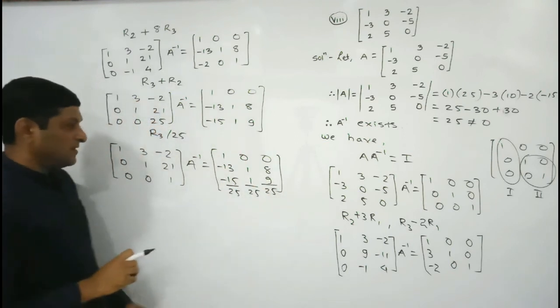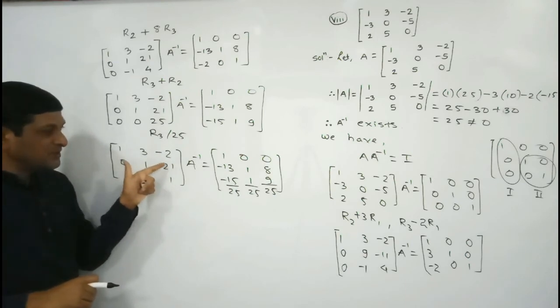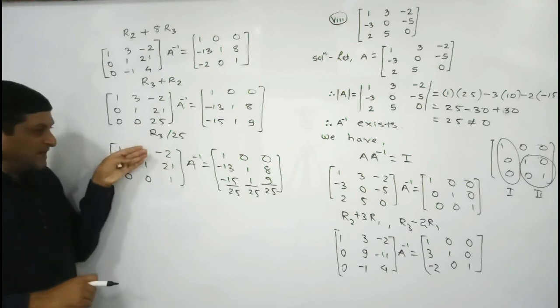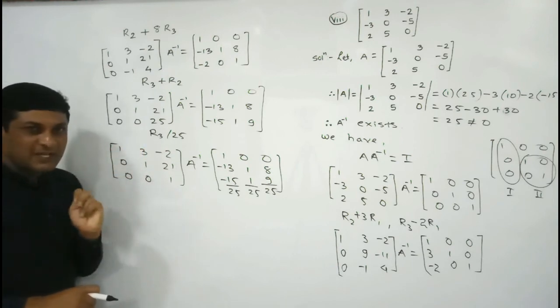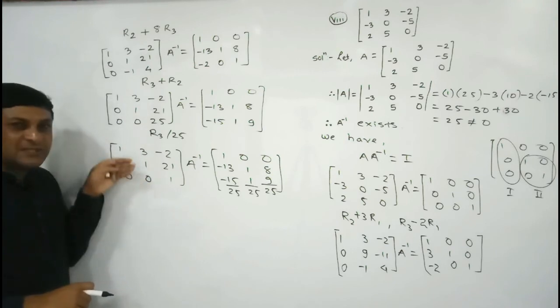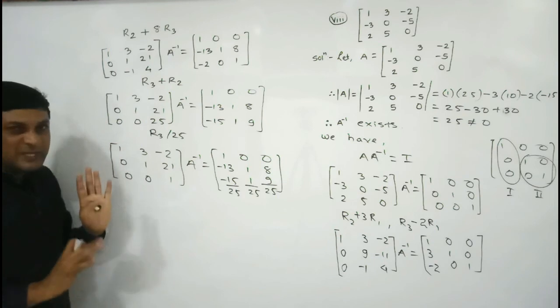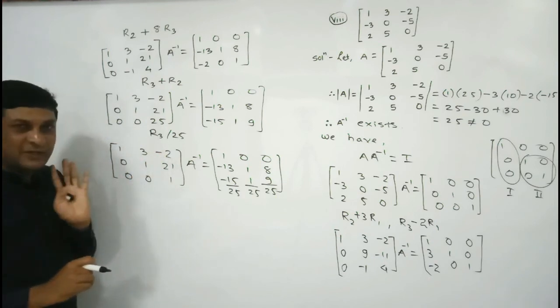Okay, so now using this one we are able to convert this element also into 0 and this element also into 0, and here this element does not change because we are using the corresponding element of R3, so these two elements are 0. ये 0 है तो इसकी वजह से ये element बिल्कुल भी change नहीं होंगे. So using this one let us try to convert these two elements into 0.